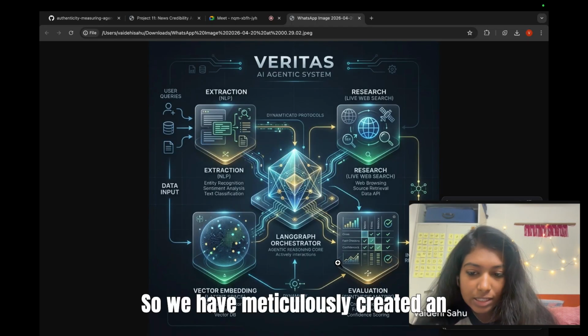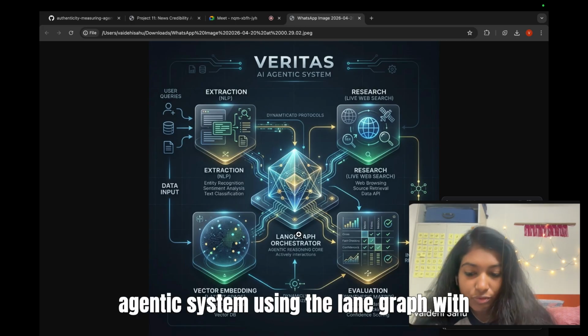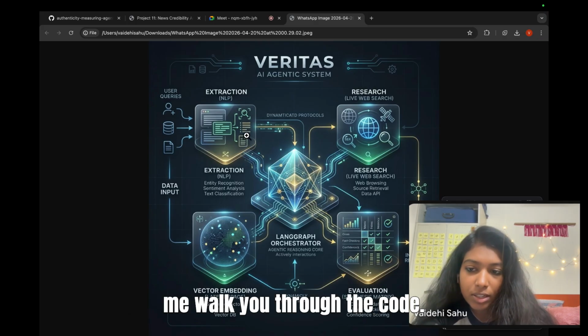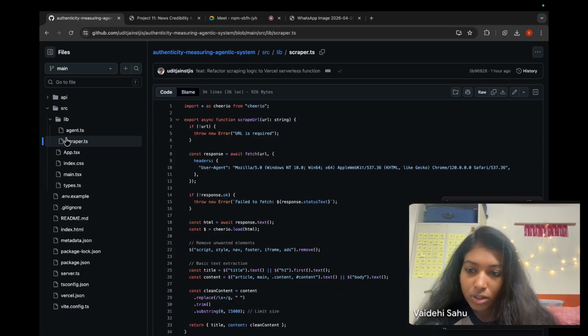So we have meticulously created an agentic system using LangGraph with multiple steps. We have scraper, vector embeddings, and evaluation LLM. Let me walk you through the code. So here we have